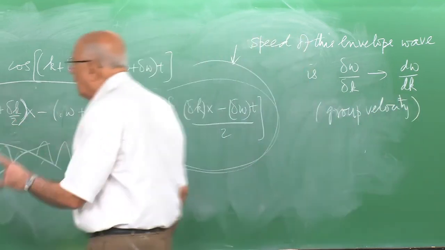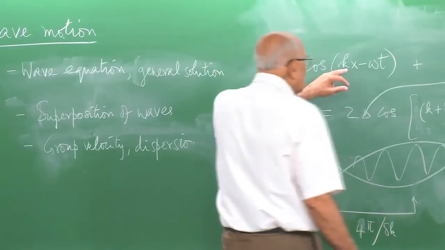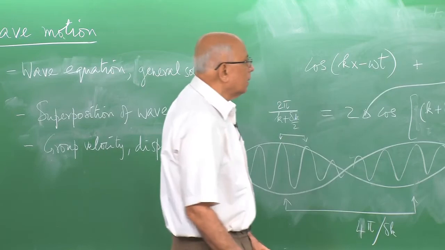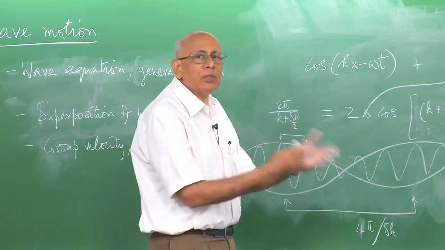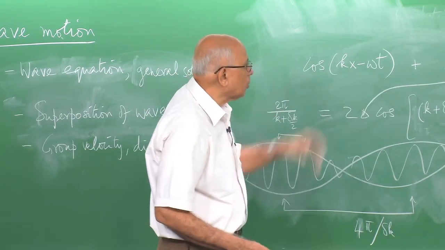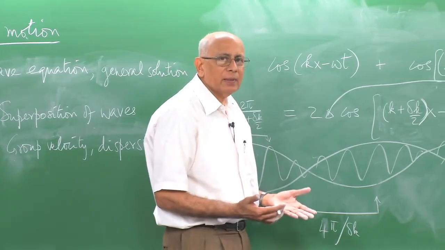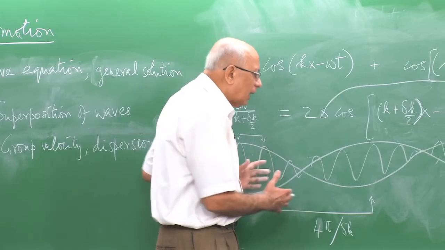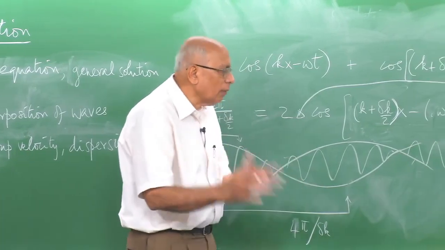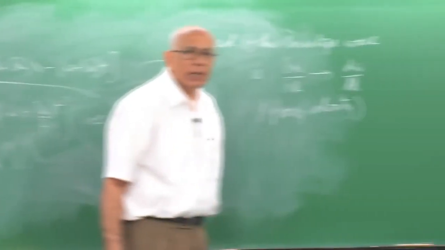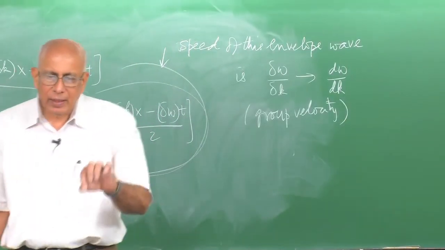In general, what happens is if I superpose a large number of these k's, a whole set of these k's such that omega is a function of k. So, for each k there is a corresponding omega, then what I have is a wave packet, and this wave packet will travel as a group. The group velocity of this wave packet is given by d omega over dk,